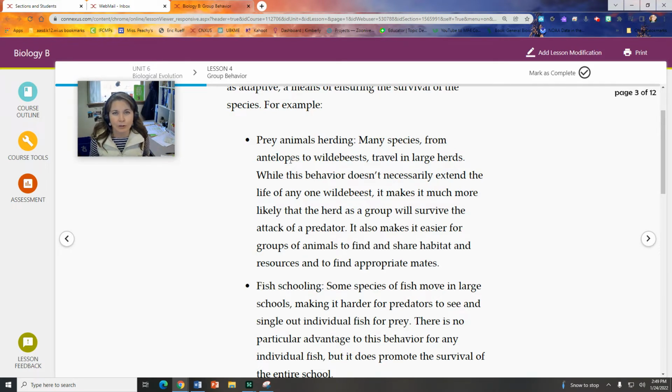You can have some that look out for others, and send the alarm out when there's a predator nearby. They have a better likelihood of locating food sources and stuff like that. The young, which tend to be more vulnerable to predators and climate and stuff like that, are better taken care of in groups. So there's many different reasons why being in a group is beneficial.